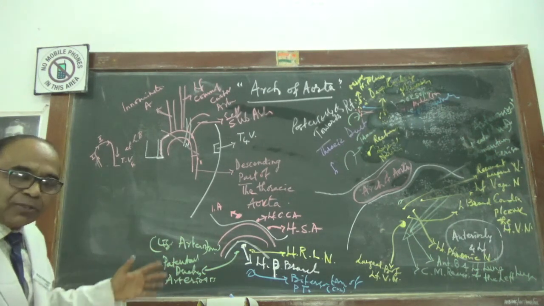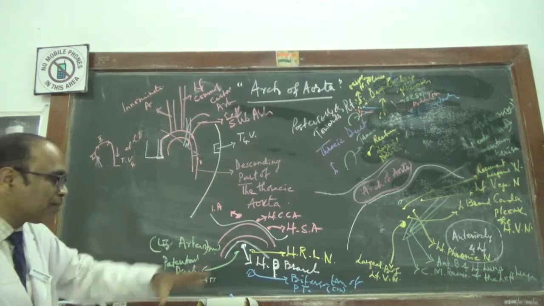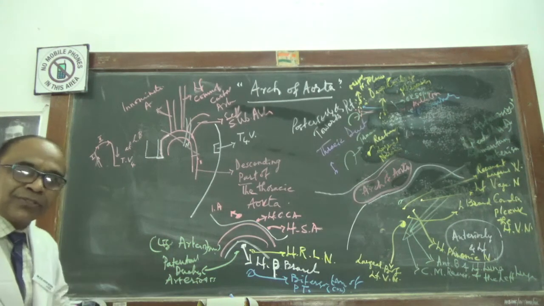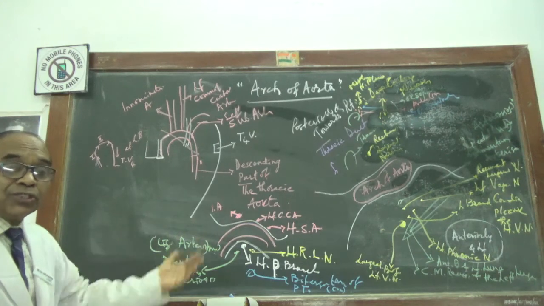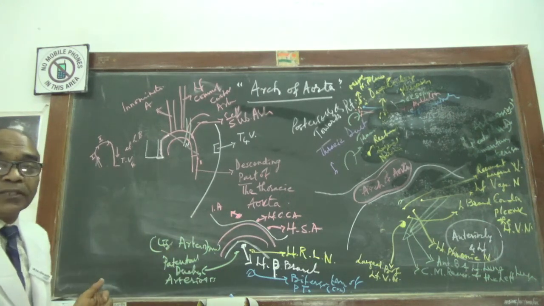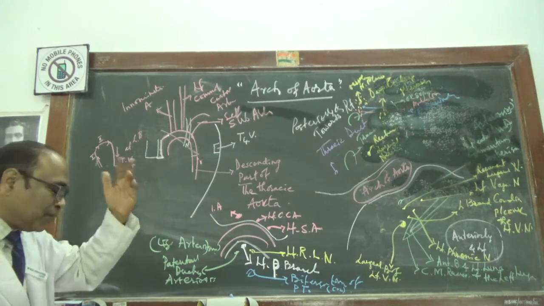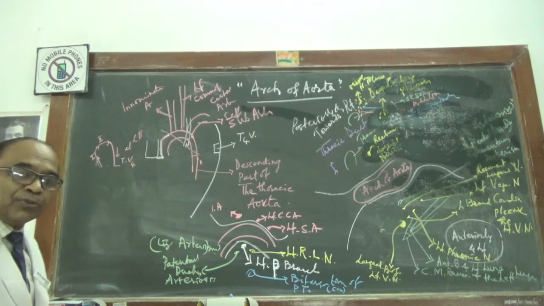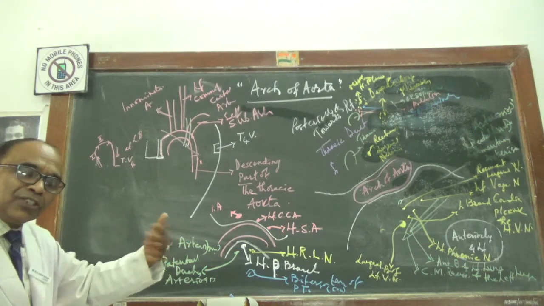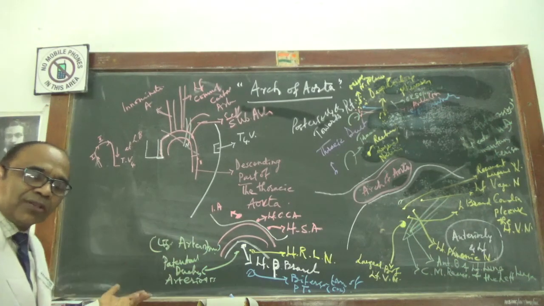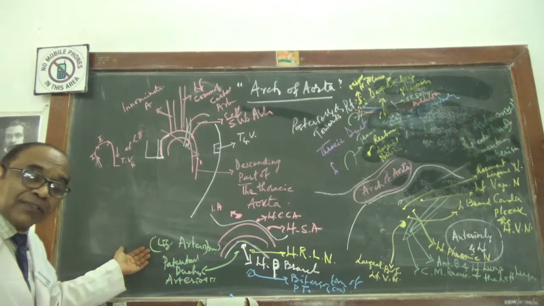this duct will not remain as a duct. It suddenly starts fibrosing and becoming a closure. This closure is necessary in order to separate the oxygenated blood and the carbon dioxide blood. If this duct remains as a duct, there will be a mixture and then a blue baby will occur, or a blue baby will be born. So that is the thing.